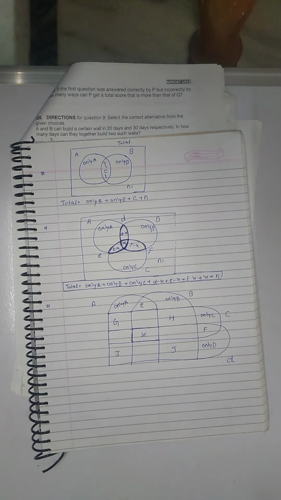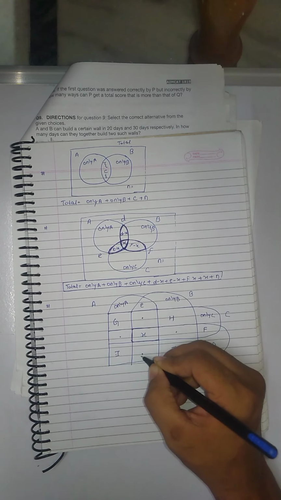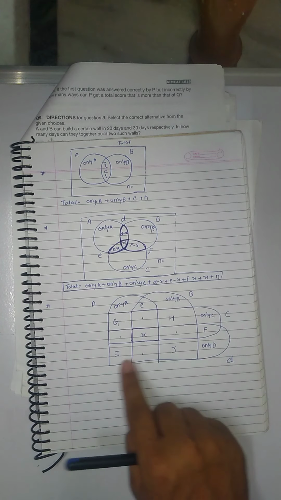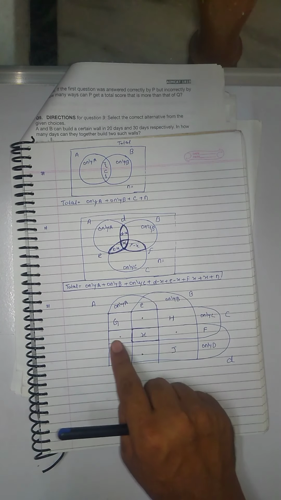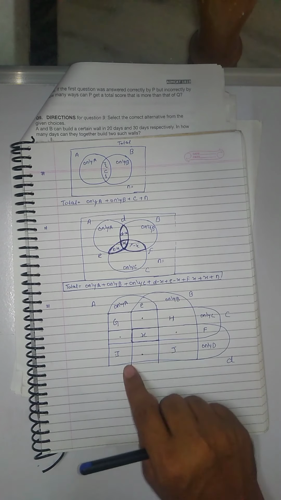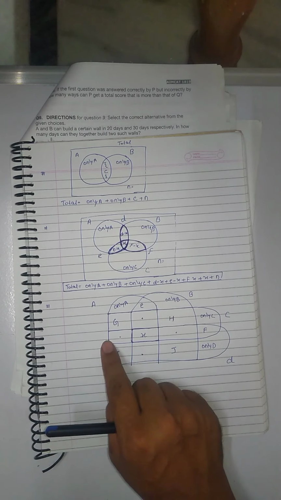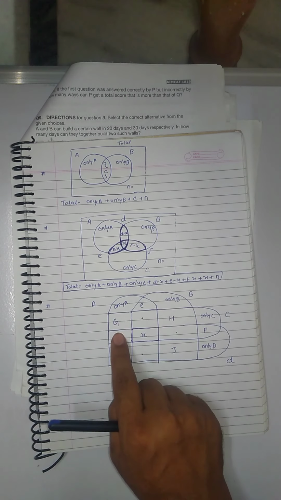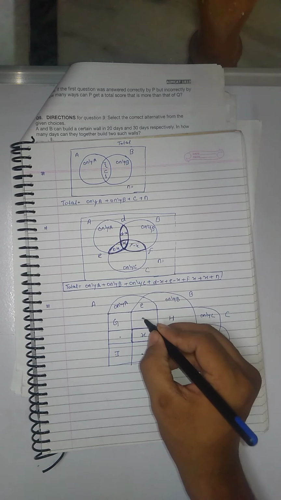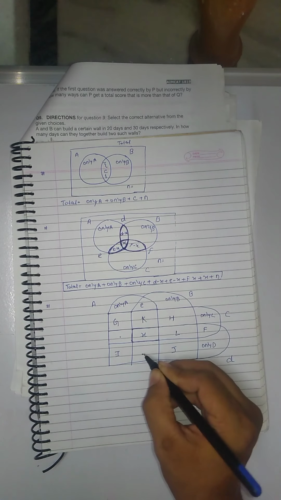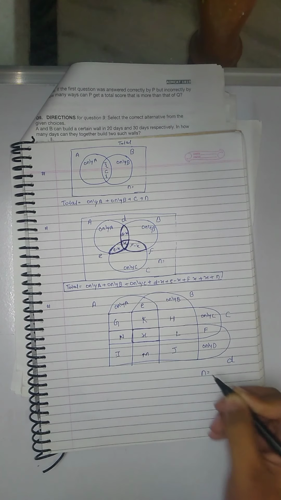So we are remaining only the 3 part. So this is our only 3 part. You look at that. A is here, B is here, C is here. In that part, C is here, D is here, and B is there. And in that part, A is here, C is here, and D is also here. So we represent these K, L, M, N.